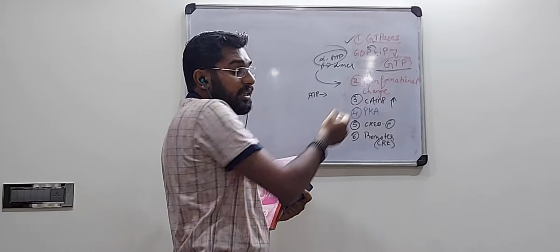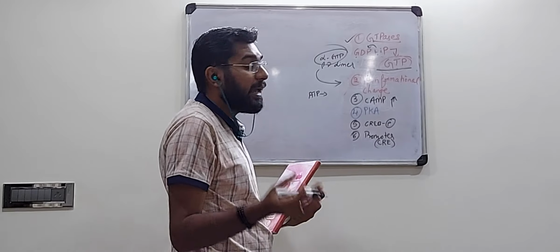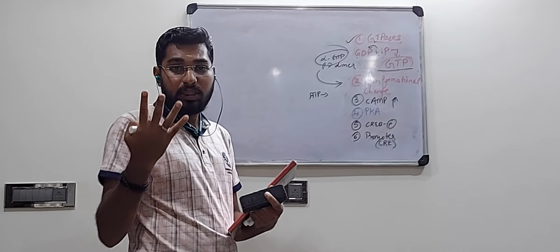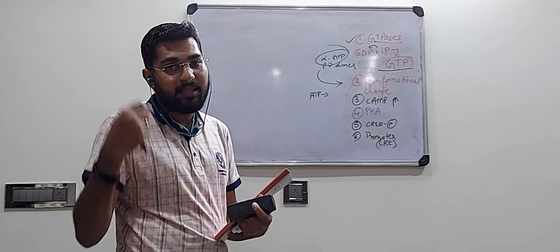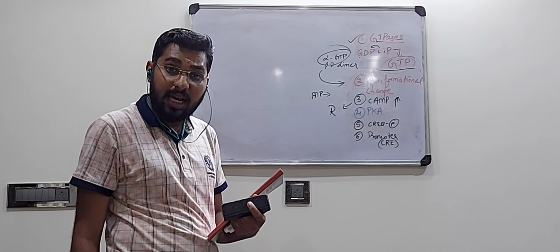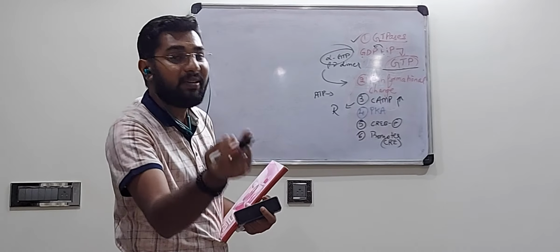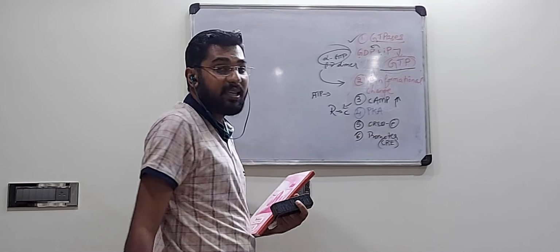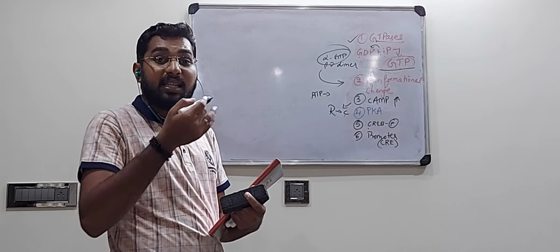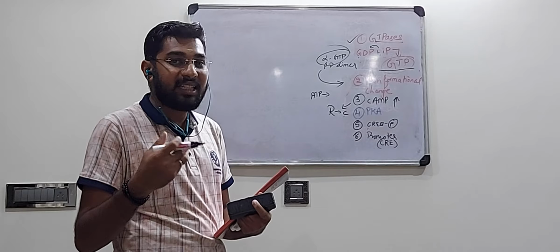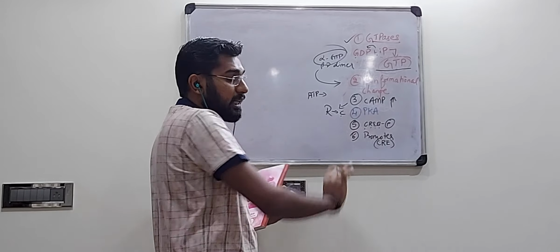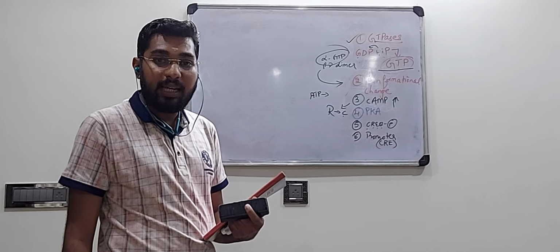Now the cAMP increases in concentration, and it comes and binds to another protein called protein kinase A. Protein kinase A has 4 subunits, 2 identical subunits, RR and CC. This cAMP comes and binds to the R subunit, and this R subunit activates the C subunit. You can remember that, R and C. This is a kinase enzyme. It goes and phosphorylates another protein in the cytoplasm called CREB protein, cAMP response element binding protein.